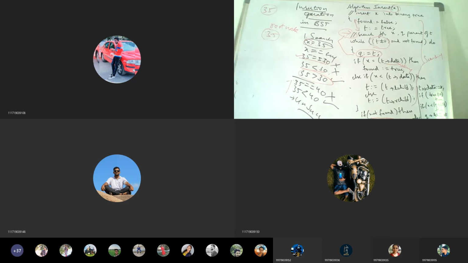Okay. So if tree is not equal to 0, let's see the example we were taking. If tree is not equal to 0 means, say 30, 5, 2, 40, 80. So 35 I want to insert here. Okay. So in this case, when I want to insert 35 into the existing tree, is the tree not equal to 0?